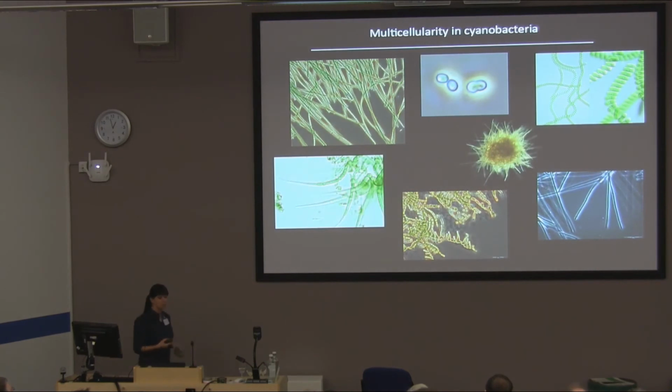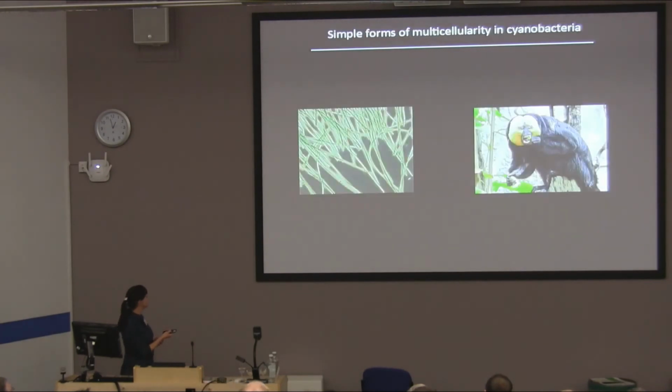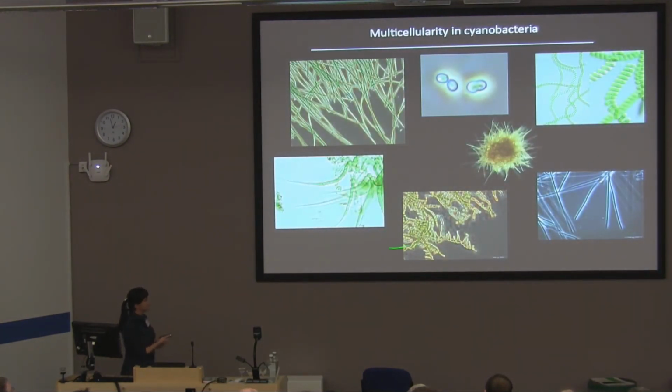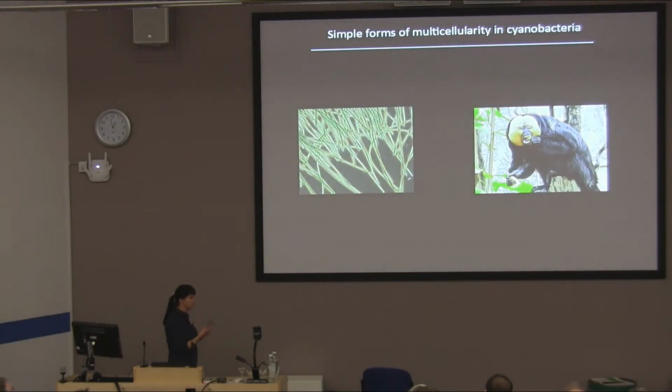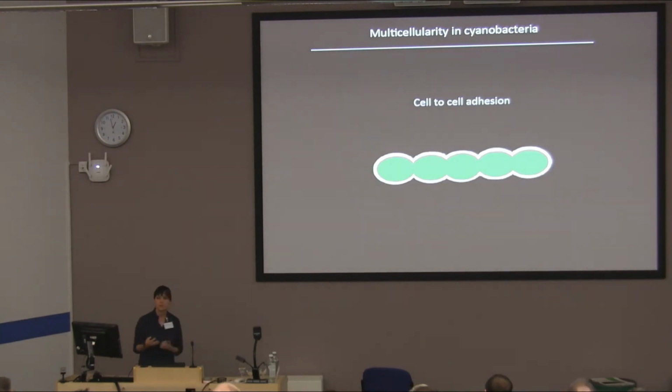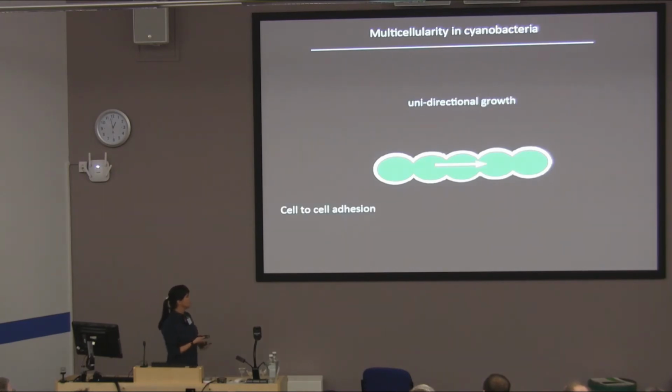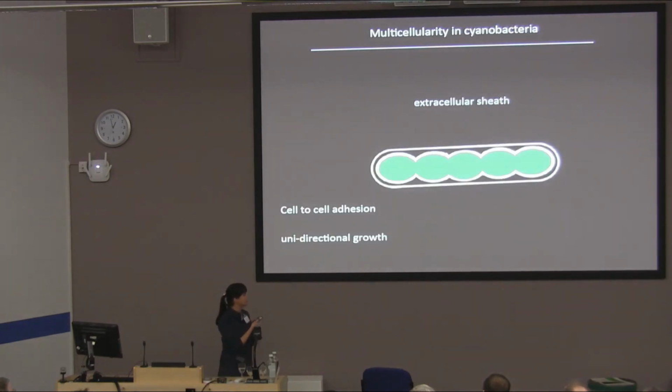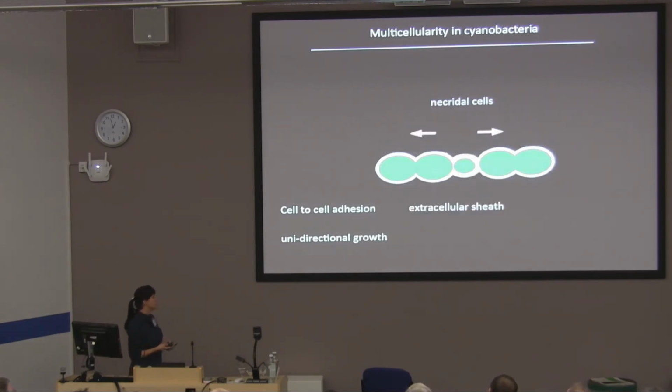I already told you that they show quite a variety of different morphotypes. If we look at multicellular Cyanobacteria today, we see quite a variety of different taxa, also a unicellular one. Those multicellular features are quite different. They might not reach complexity levels as in plants or animals, but they still share basic multicellular features found also in other multicellular taxa, such as cell-to-cell adhesion, directional growth, an extracellular sheath, which enables communication of cells over longer distances,